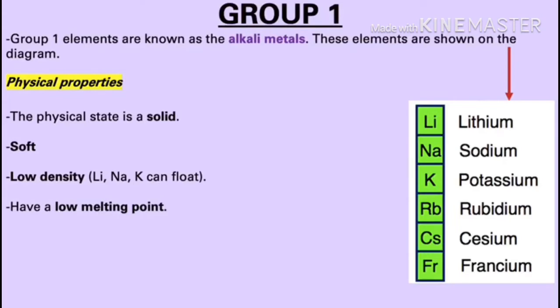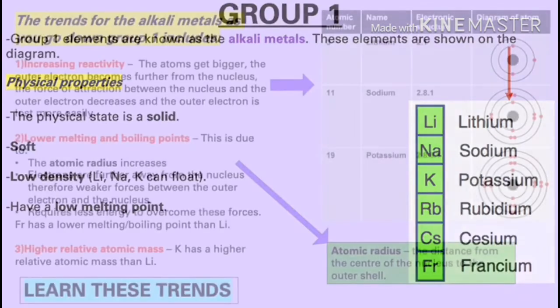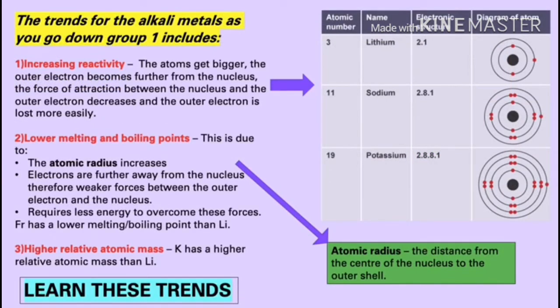Group 1. Group 1 elements are known as alkali metals. These elements are shown on the diagram. Physical properties of Group 1 are as follows. The physical state is a solid, they are all soft, they have a low density, and they have a low melting point. Remember, elements with similar properties are grouped together, and there are some trends as you go down the